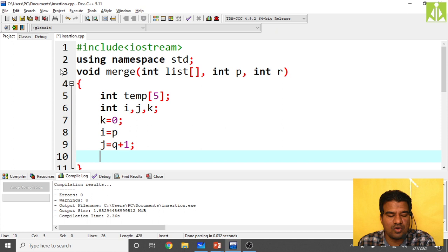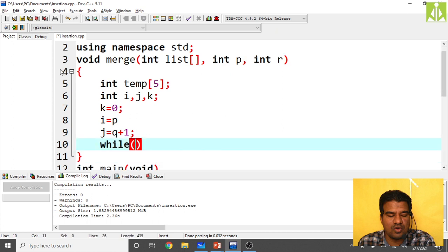Then take a while loop: i must be less than or equal to q, and j must be less than or equal to r.